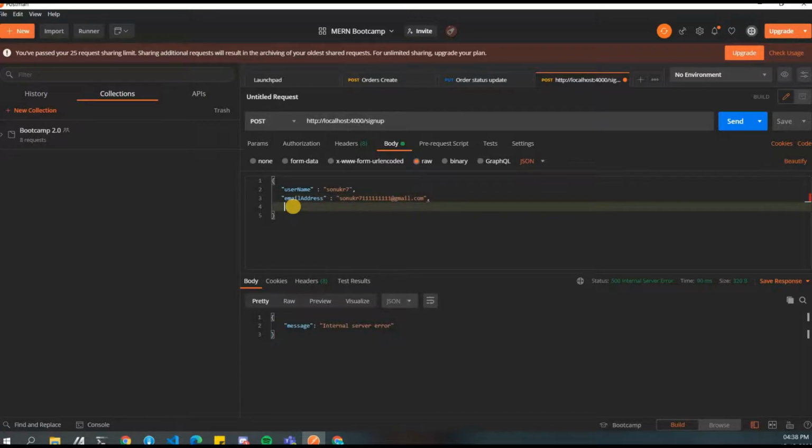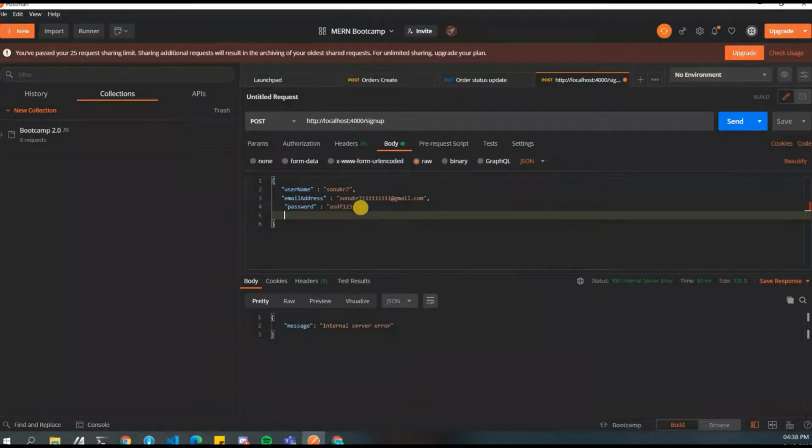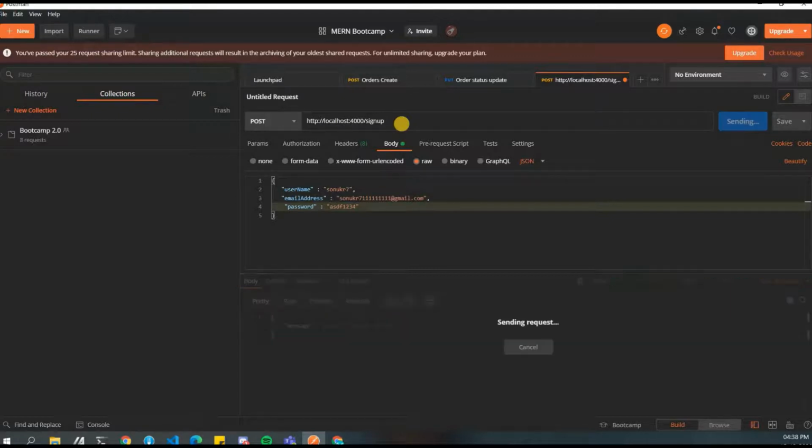Okay, let's give password as ASDF1234. We are not having any checks right now, but we'll think about how to do that. So what else is needed? Username, email, and password are there. Then that's okay, right? So let's remove this, and then let's run this and see.